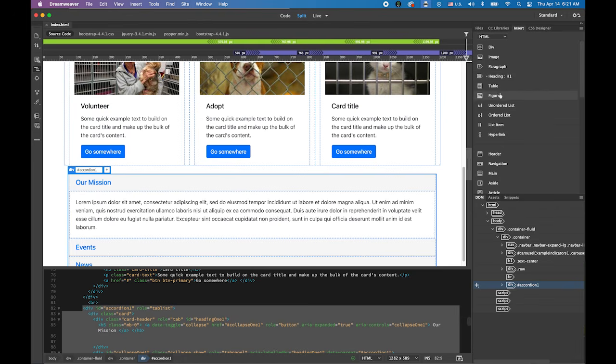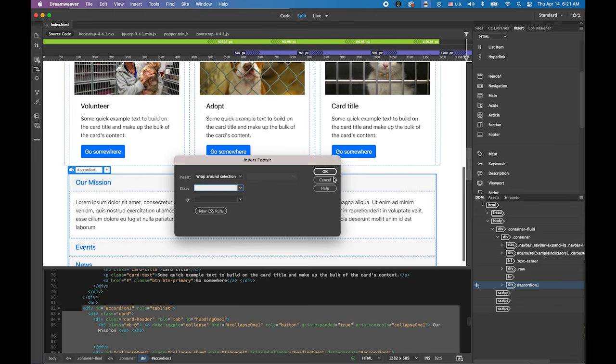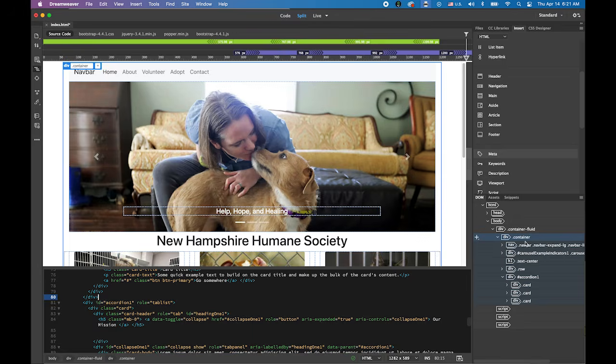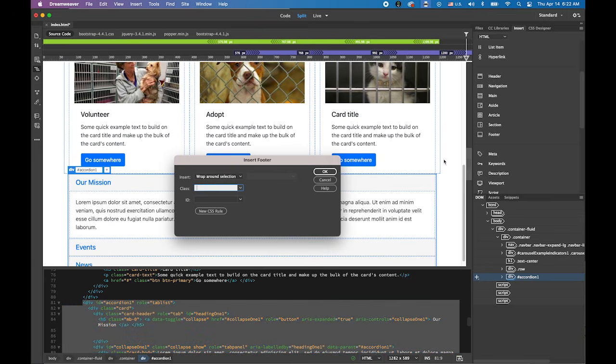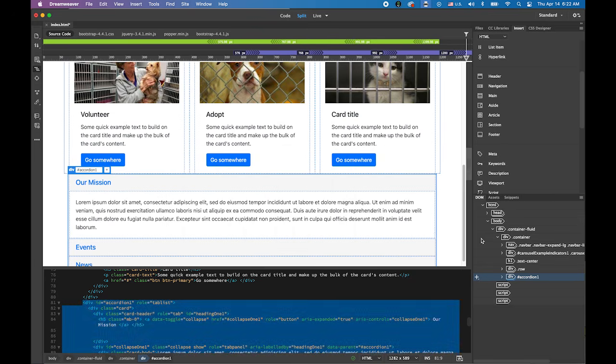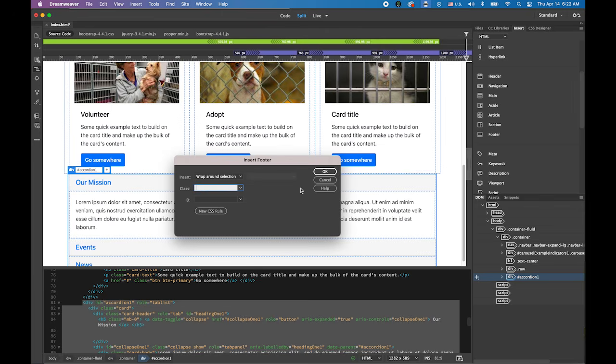Footer is, scroll down, footer. After accordion, footer,